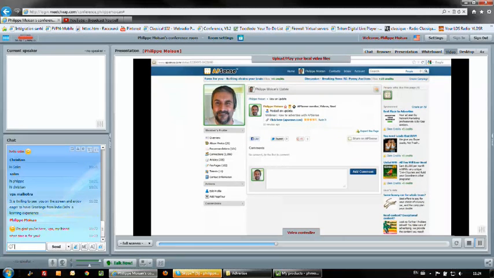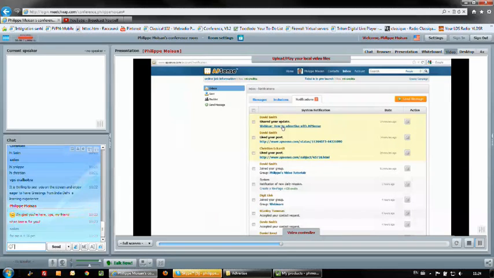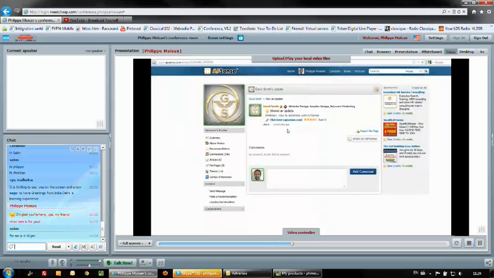Okay, so if I close this window, and he shared the update, that's even better. That's very nice. It means that the people connected to him at AppSense will see this post. I use Firefox as a browser. I believe that you have the same option with other browsers. So you can see here the update I posted. David shared it. So it's a good thing to thank the people who do that. Okay, so thanks for